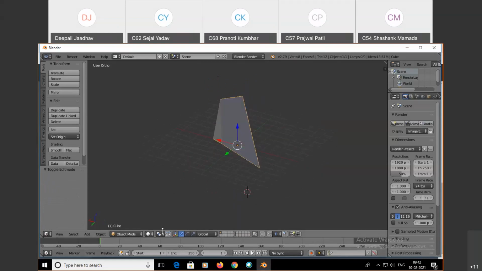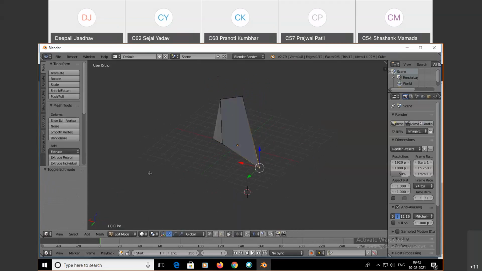Using these different shortcut keys, first you need to go to edit mode. For that you can use simple Tab. Once you enter edit mode, you can select and edit the faces only, the edges only, and the vertices only. So those keys you can use, or using right click it is also possible.